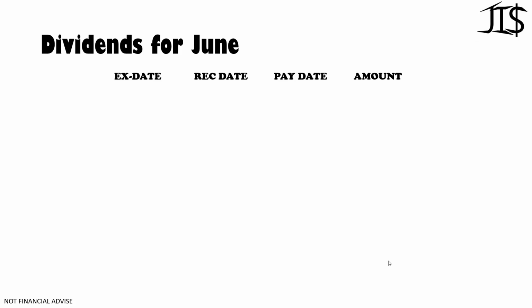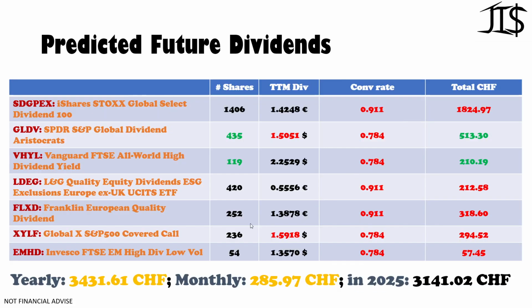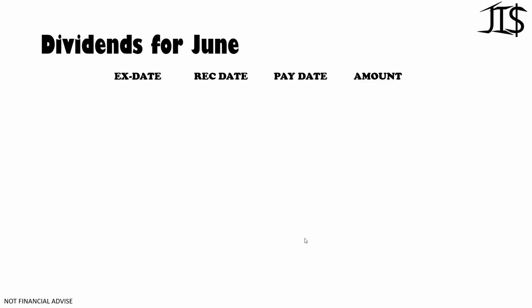And then the dividends for June. I know it's always the same. It's all with question marks, but just look at that. XYLF. It's the first of 5 dividends that we will receive in June, and it needs to be around 0.146321. So if it's not the case, you will see that just like here, the amount of XYLF will be in the red when it's not